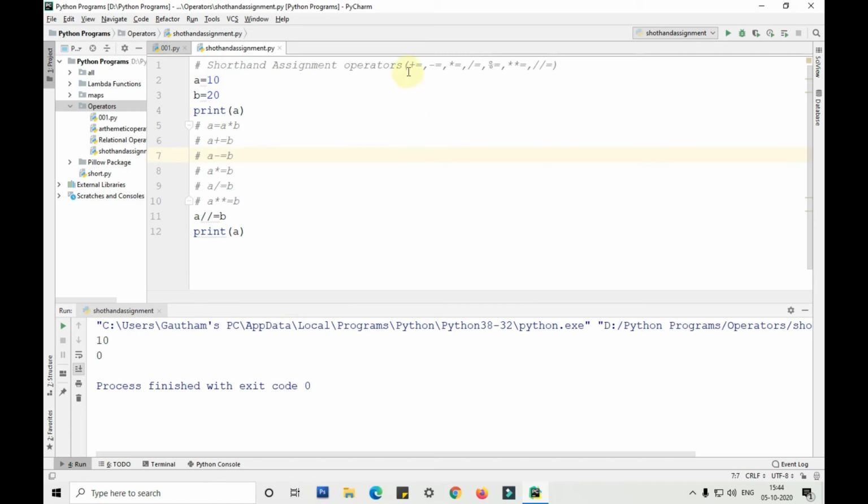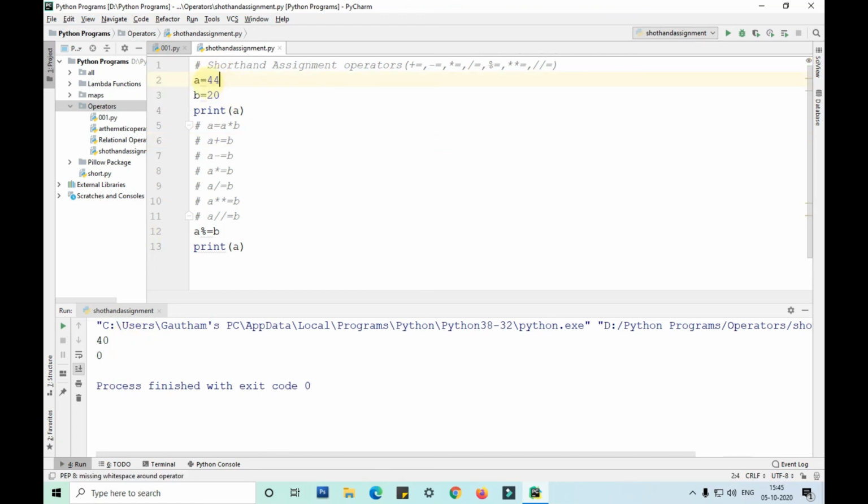We have seen different kinds of shorthand operators, that is plus equals, minus equals, multiplication equals, division equals, modulus. We have not seen modulus, guys. Let me show you modulus. So when I take a as 40 and b as 20 and calculate the modulus of a and b, assign that to a and print it directly, we are getting 0 because it is exactly divisible.